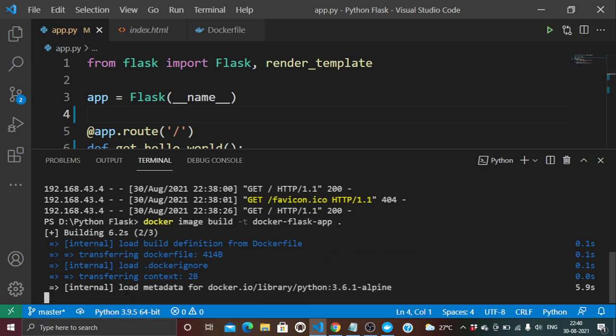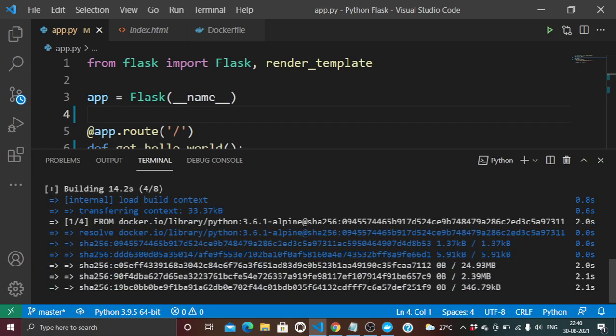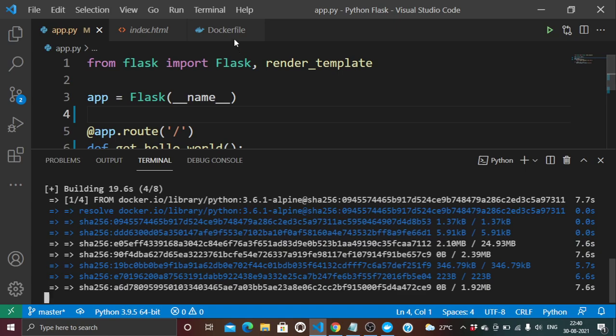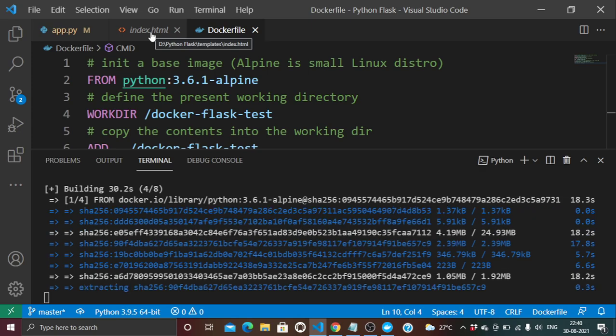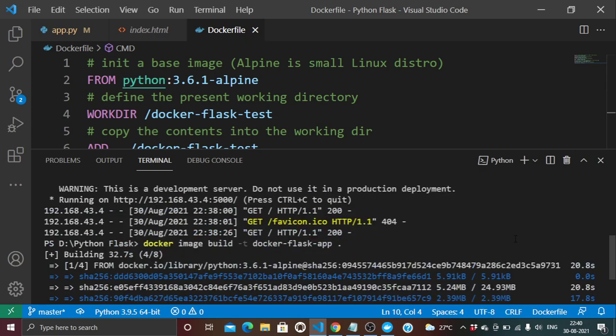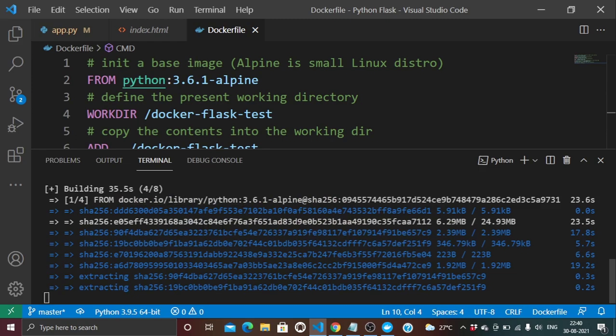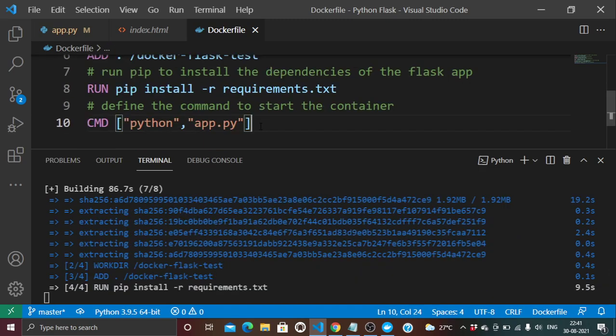the first command is being executed, FROM the Docker library python:3.6.1-alpine. But I have observed an error in this command in this version of Python. So let it proceed for now. We'll pause it because it will take some time for downloading the requirements. We'll get back when it is completed.